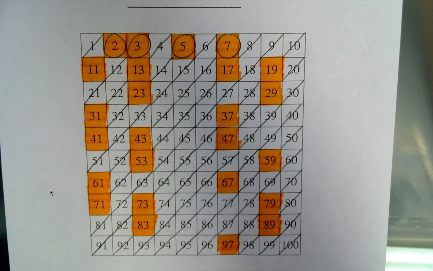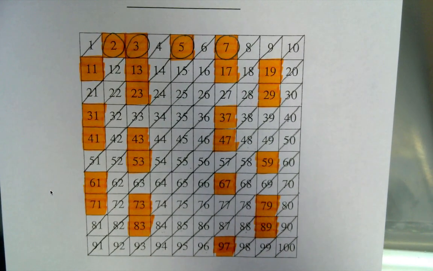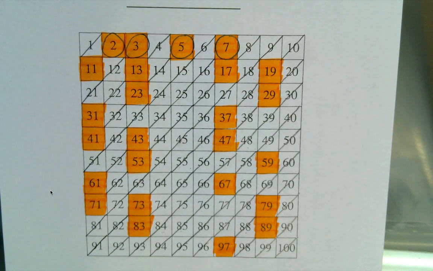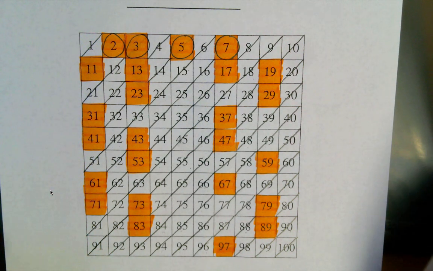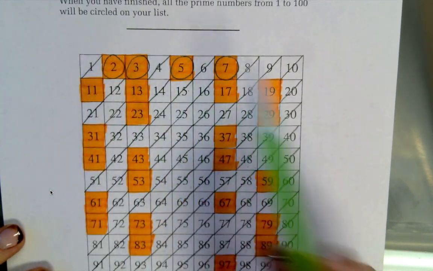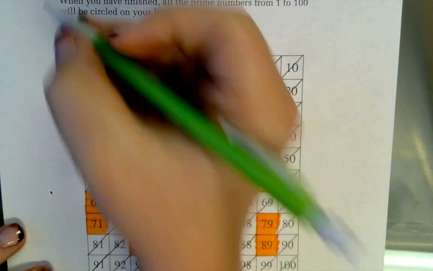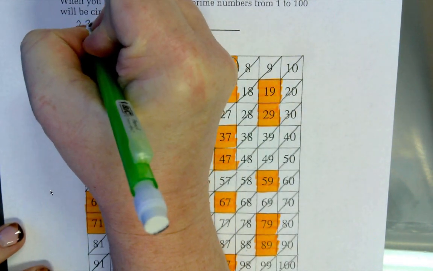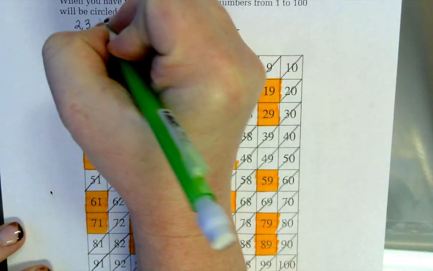So here's what it looks like. Okay, here's what we have highlighted. What it tells us to do is, when you've finished, all the prime numbers from 1 to 100 will be circled on your list. What I need you to do is across this line right here, I want you to write those numbers. Okay, so we have 2, 3, 5, 7,